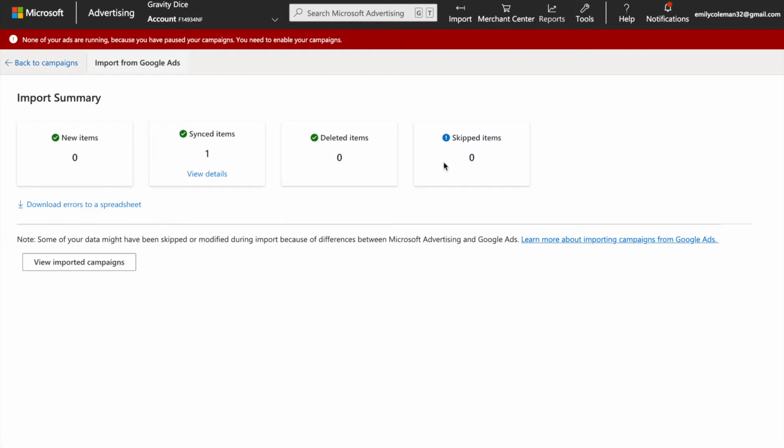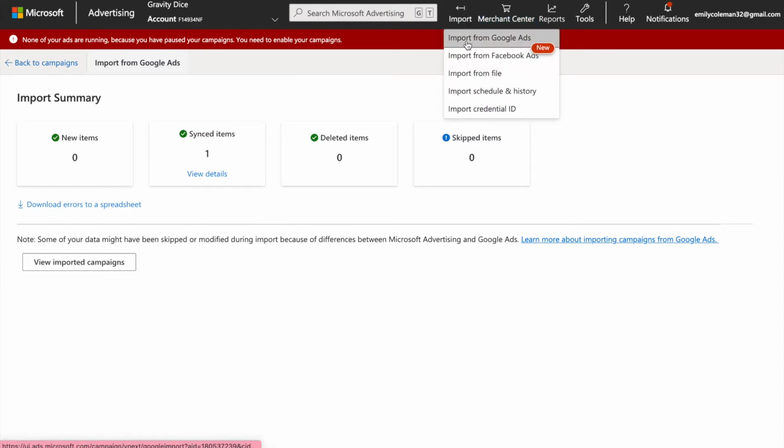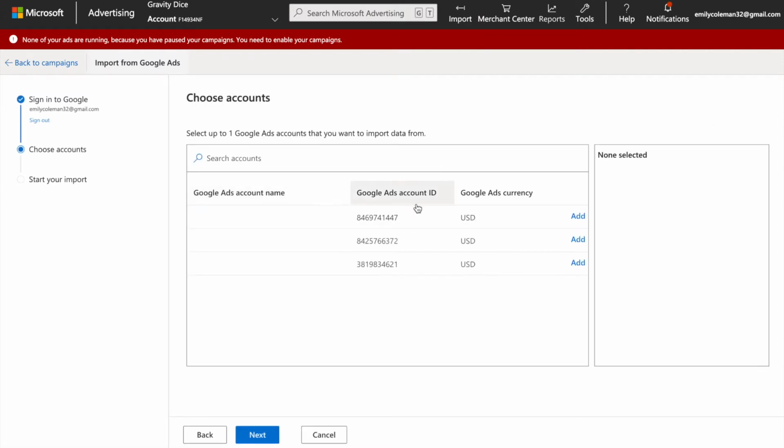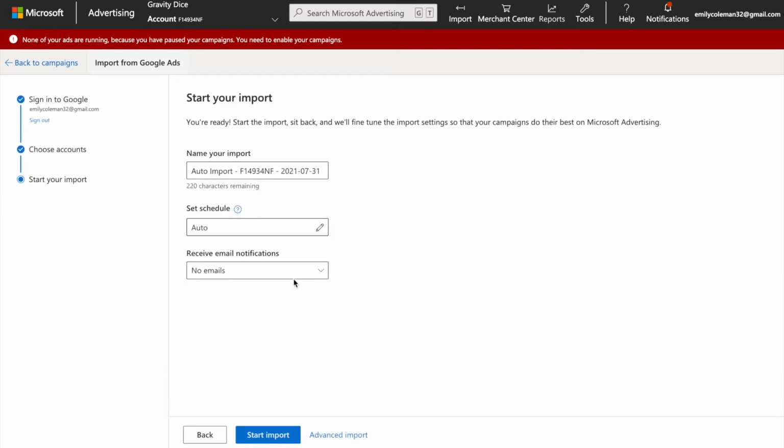So let's check out how to import campaigns with the advanced options. I'm going to start over by selecting the import icon, import from Google Ads, sign into my Google Ad account, select the proper Google Ad account, select Next,